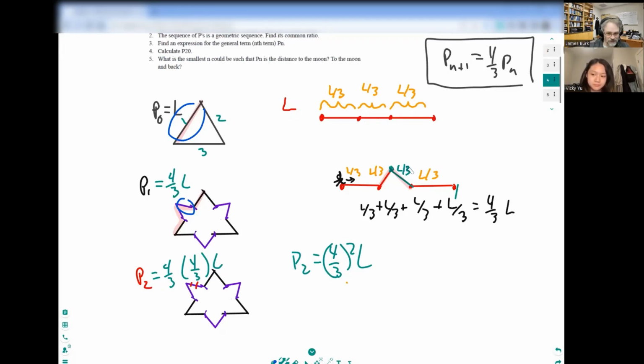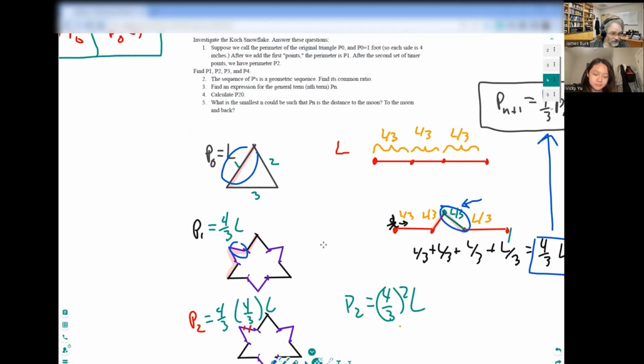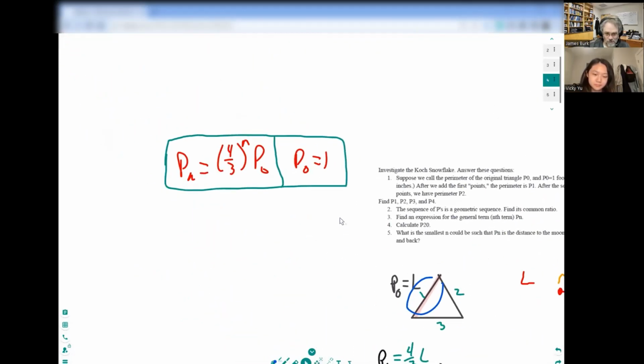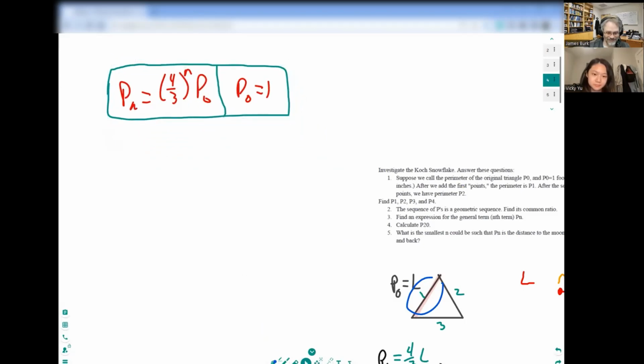Chop it in 3 pieces. And just remember, it's like you're adding one more piece to it. It's going to be 4/3 of the previous value. And that's how we get the recursion, our geometric series or sequence. Now, with that said, let's calculate P1, P2 and P3. Take it and plug it in. P0 is 1. First answer is 4/3.